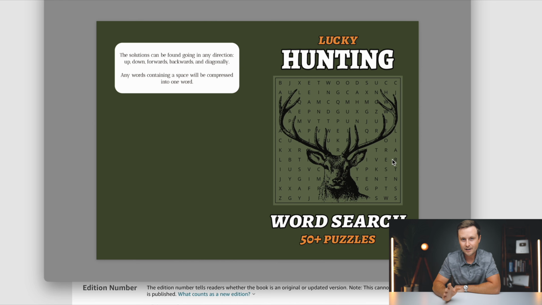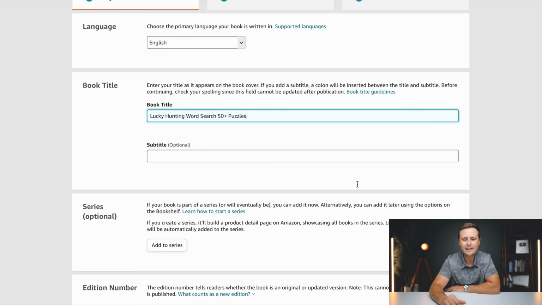Now, pulling this cover back up one more time, what I wanted to show you here is kind of a caveat. So if you have main text as your title, then you have smaller text, something like 50 plus puzzles, as your intended subtitle, which is kind of my purpose here. It's not part of the main title. Then in some cases, you can take that subtitle out of your main title. You can delete that so that it's not so jumbled and it looks cleaner in your book title. This would be the specific title that I would be going for this book, and I would be moving that 50 plus puzzles